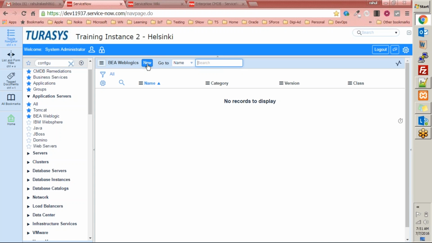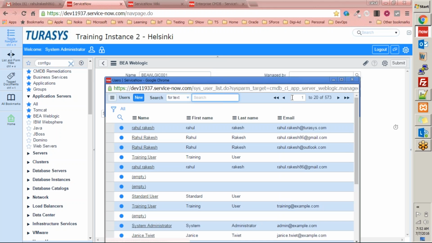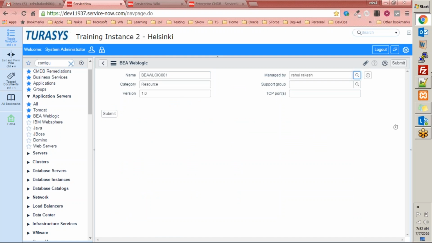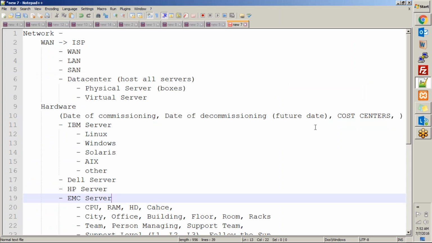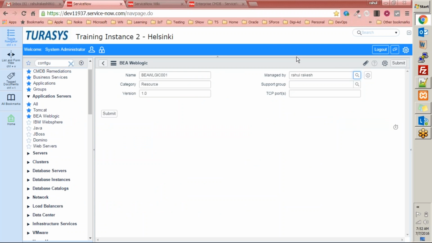But what if we want to create a new WebLogic server, right? So we hit this WebLogic server and we put the information, some ID. So I'm naming it some WebLogic server. Category is resource. Version is one point zero. Managed by is some person. We talked about it, right? You must associate some person who is managing the server or hardware, right? So the group of persons that manage this